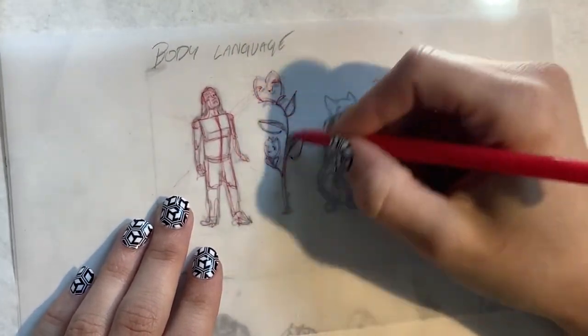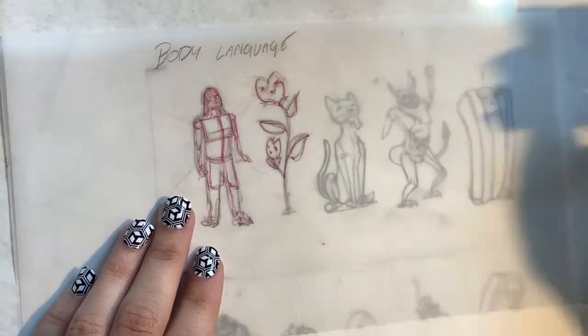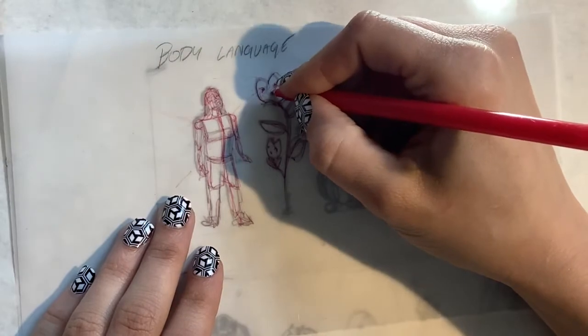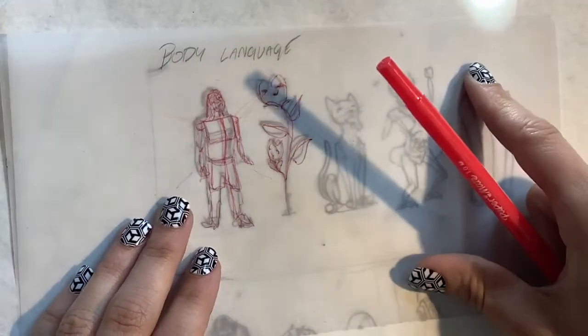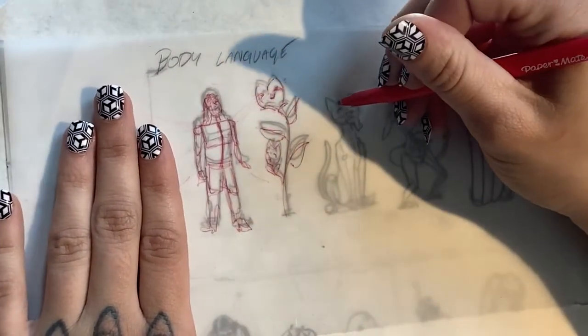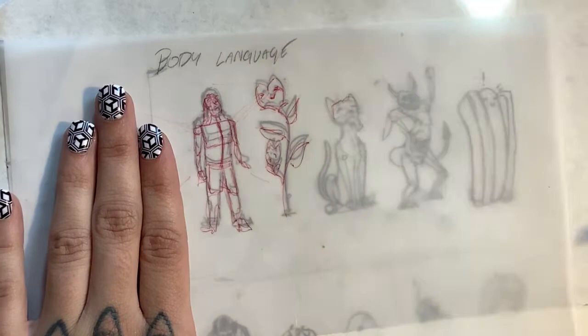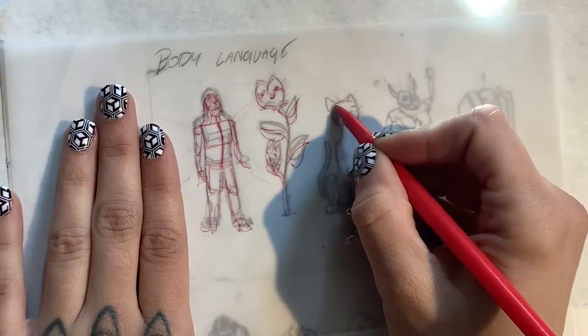So spine curved, leaves or limbs are outward, and you got a smile, and this one's got a smile and it's curving up. Next we'll go a little cat. So I'm going to do this in basic shapes because this one's a little bit more complex than the plant. So we'll go for kind of a cube head,